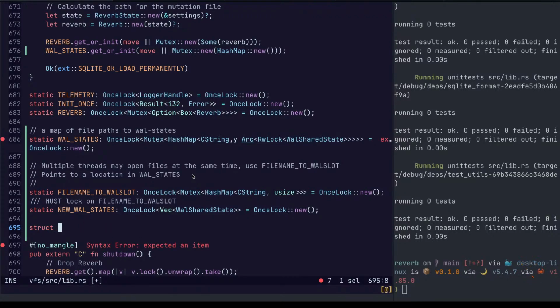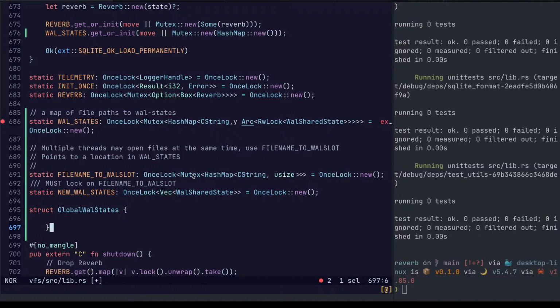Struct. Wall state. Struct. Global wall states. If you want to be able to get something out of here, fine, we'll do that. But if you want to add or remove to it, you've got to lock on the mutex.